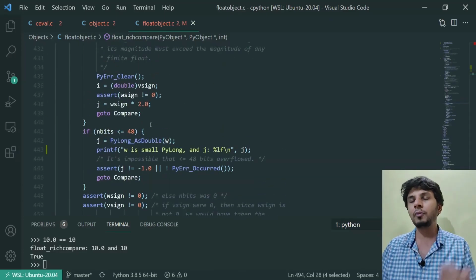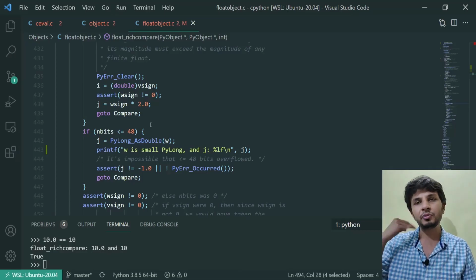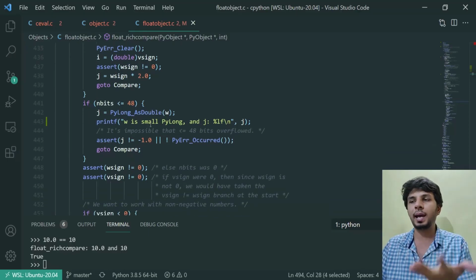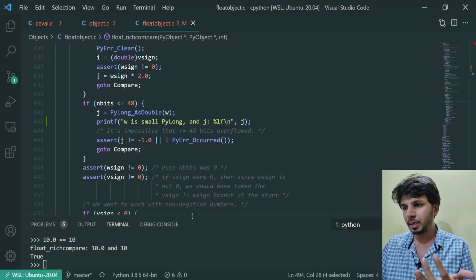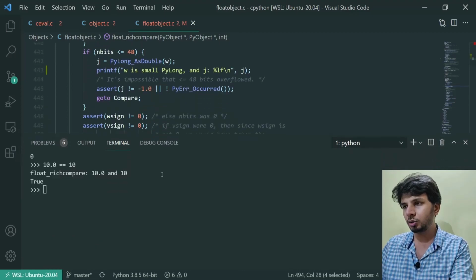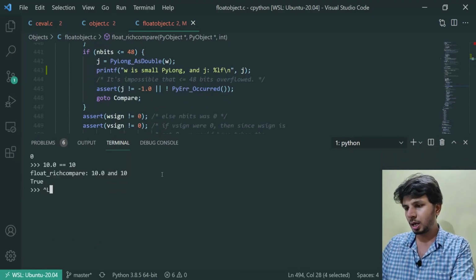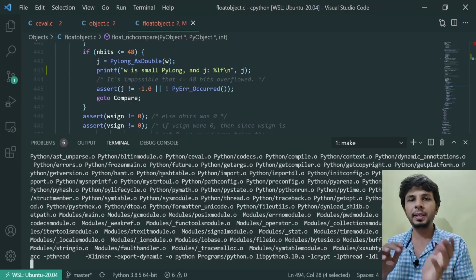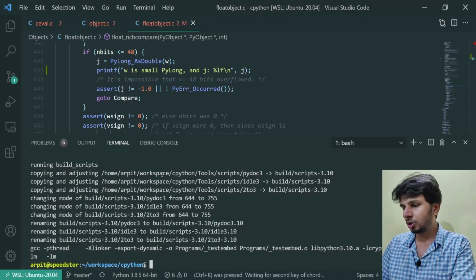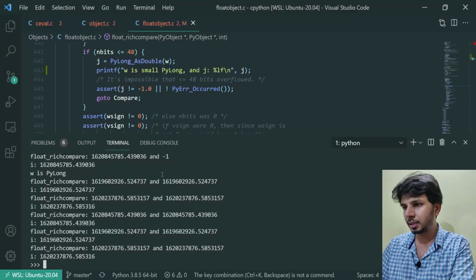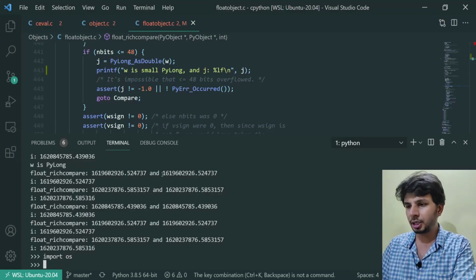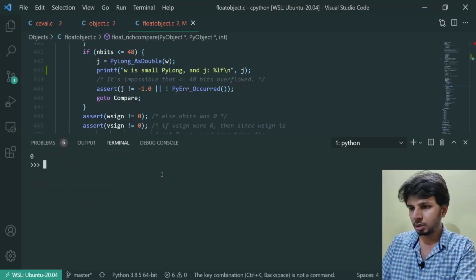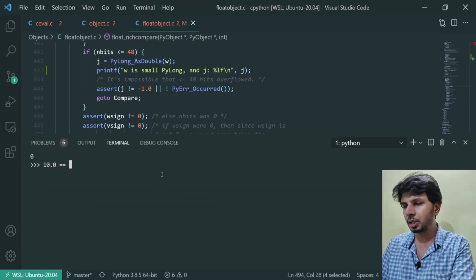So what I would want to focus more on is the path in which we are interested, where we are just comparing 10.0 equal to 10 to understand what happens, right? Now that we have put in printf, let's just go through this part and see. I'll build this again so that we can be definitely sure how this happens. So now that this is here, I do python, and unfortunately because of Windows I have to do this, and I'll do 10.0 equal to 10.